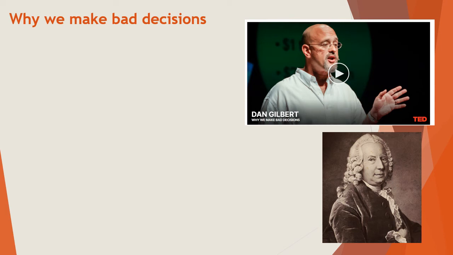An interesting video here. This is a rather long TED Talk. I think it's 15 minutes, but it's interesting about why we make bad decisions. And he talks about this image at the bottom is of a mathematician, Bernoulli. And he talks about this formula about expected value, that we can kind of rate or gauge the value of anything by our perception of the odds of gain, how much will we gain, and then how valuable that gain is to us or to a community, etc.